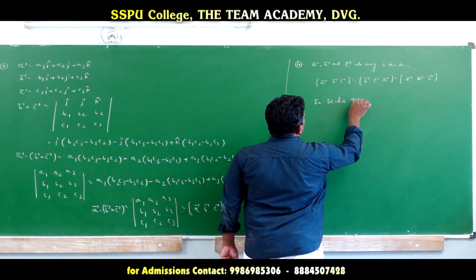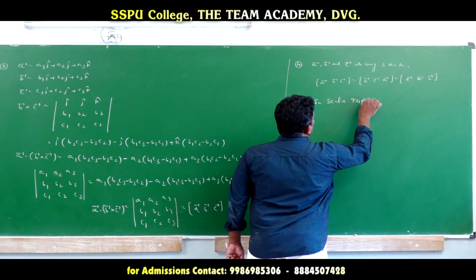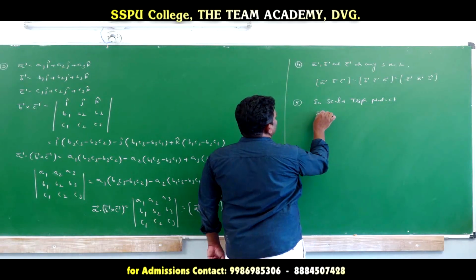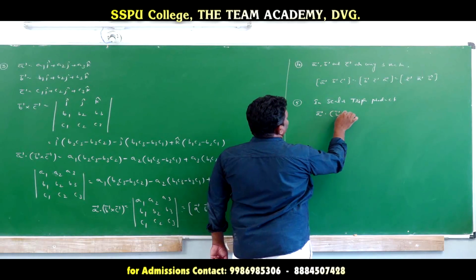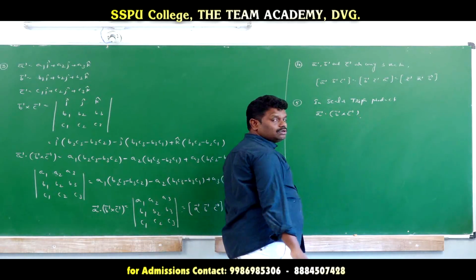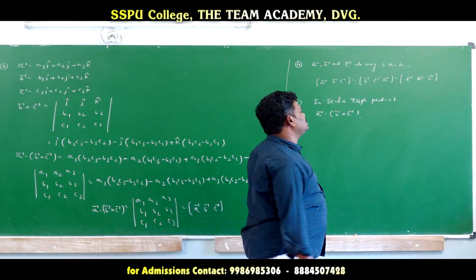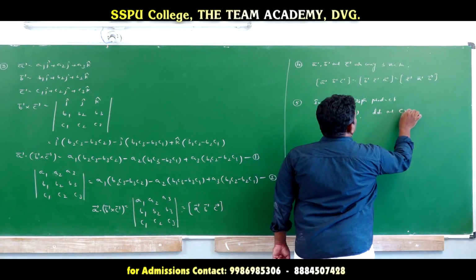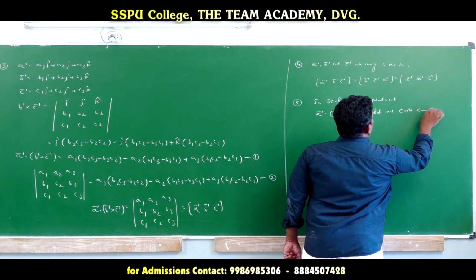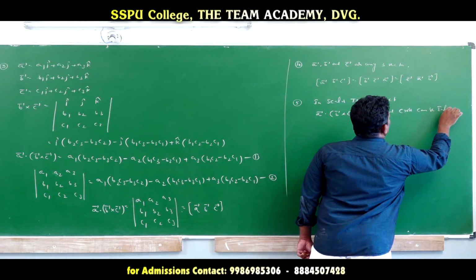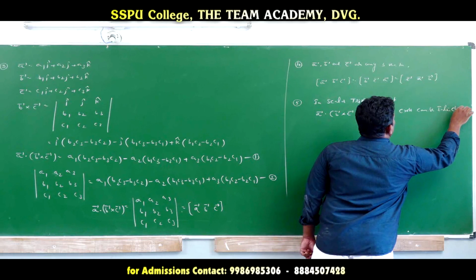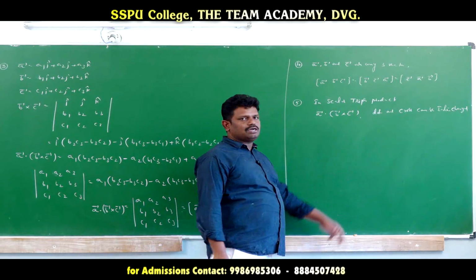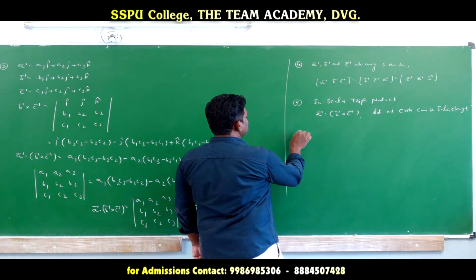In scalar triple product, for example a bar dot b bar cross c bar, the cross and dot can be interchanged. Indeed, if you interchange that dot and cross, for example if you take this one,